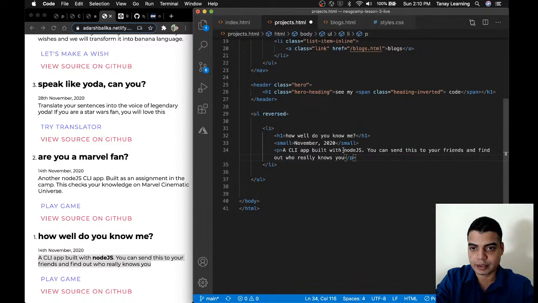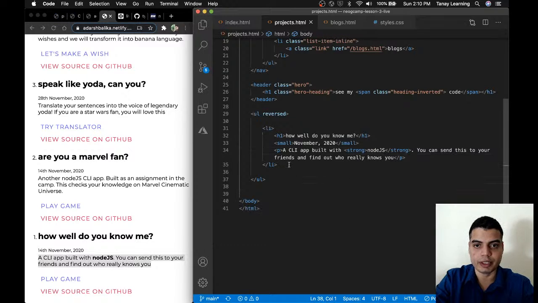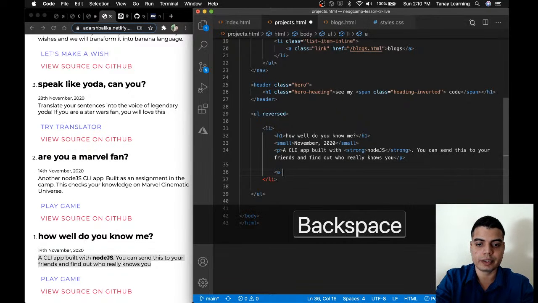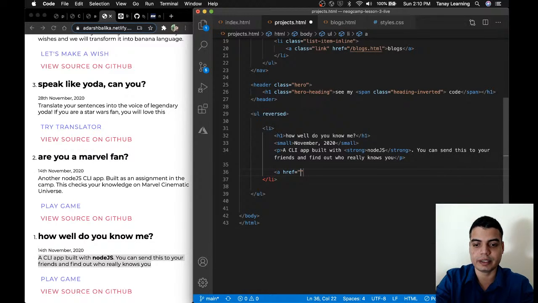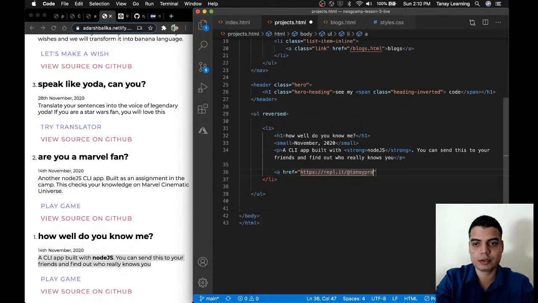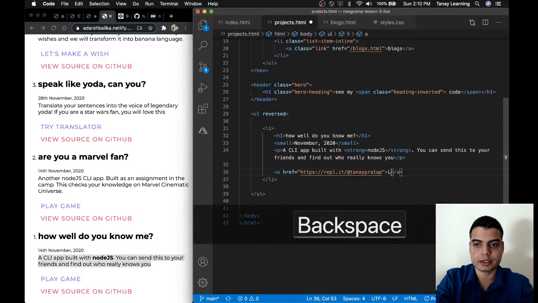You can bold something like this. You can use strong. You can say Node.js, and then you will have buttons. So what you will have is two buttons here. a href equals your project link here, your REPL.it link, and then you say live project, or just say live project,